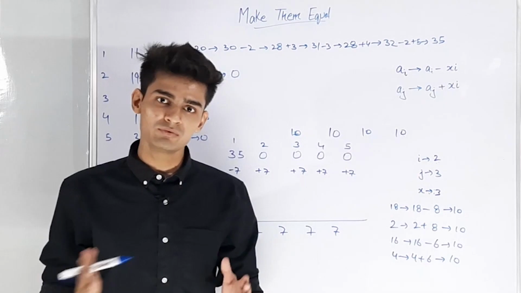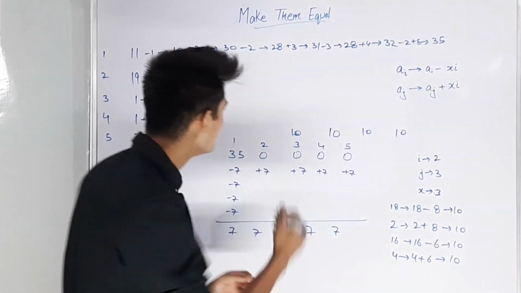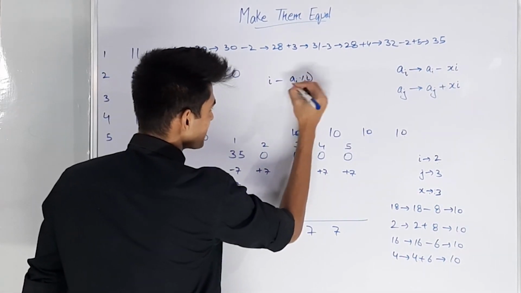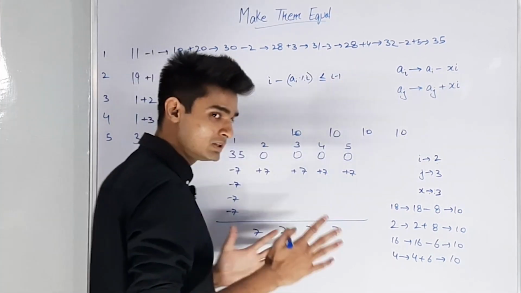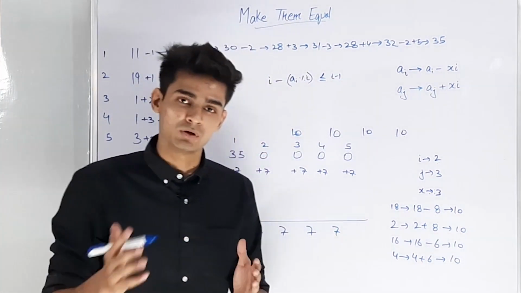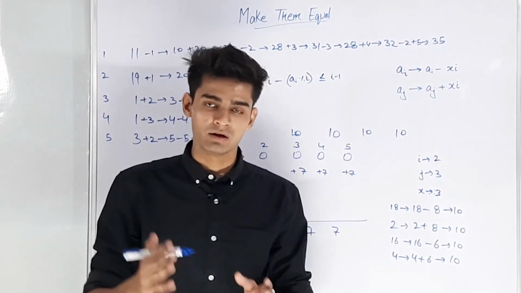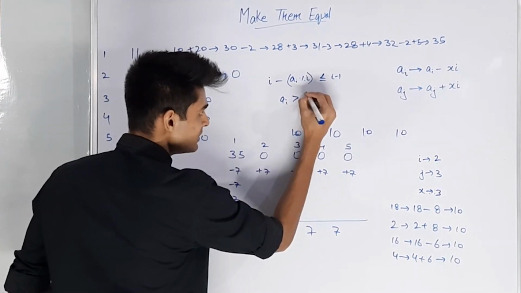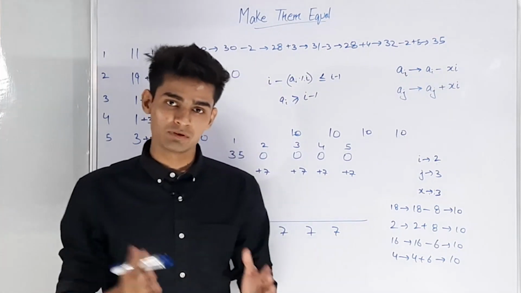Now the reason why this will work is because at every index the maximum value that we'll have to add will be i minus a_i mod i, and this value is always less than or equal to i minus 1. And since we're given that all the values are positive in the start, a1 will always be incremented by at least 1 at each step, and therefore a1 will always be greater than or equal to i minus 1, which proves that the values will never become negative.